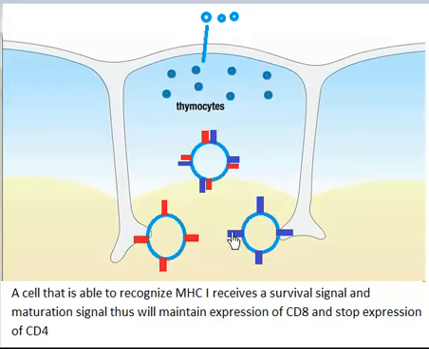On the other hand, if the cell recognizes MHC class 2 protein, then it will receive survival signal and maturation signal and maintain the CD4 receptor and stop expression of CD8 receptor. So either the cell will become a CD4 or a CD8, and now those cells are in the medulla,